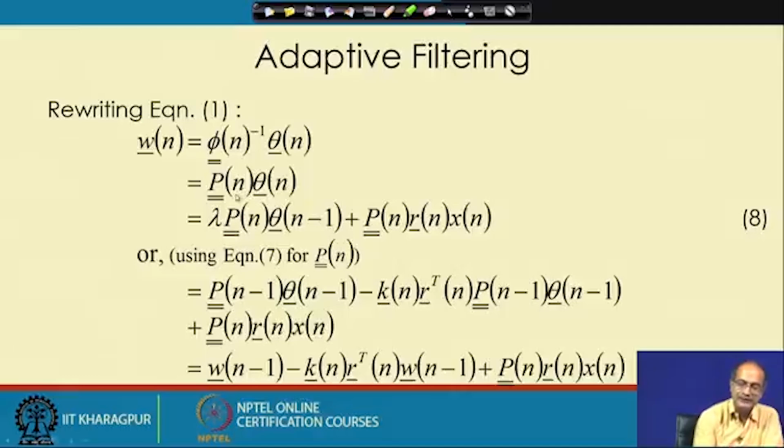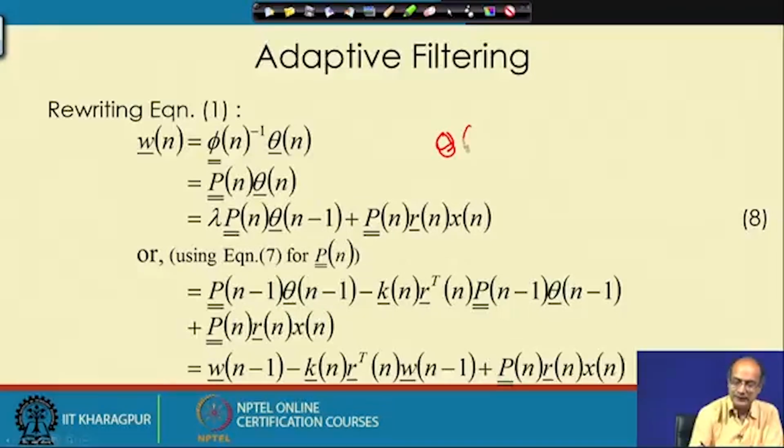So phi n inverse is nothing but Pn into theta n, and now if we actually write theta n, expand theta n in terms of theta n minus 1, and the component that Rn into Xn, that here we can actually, if we go back, we will get this equation,